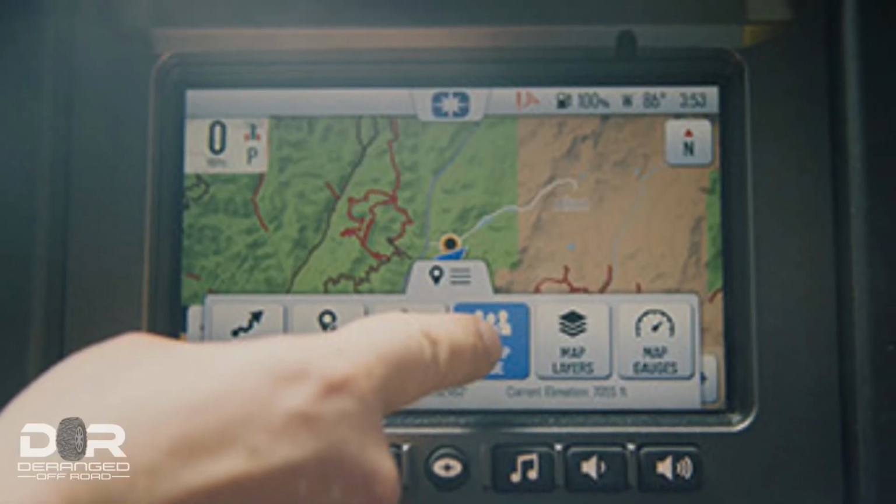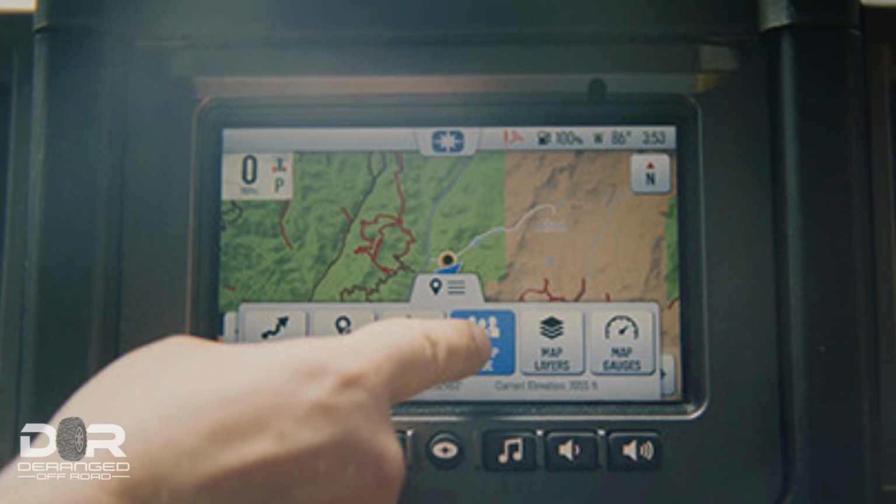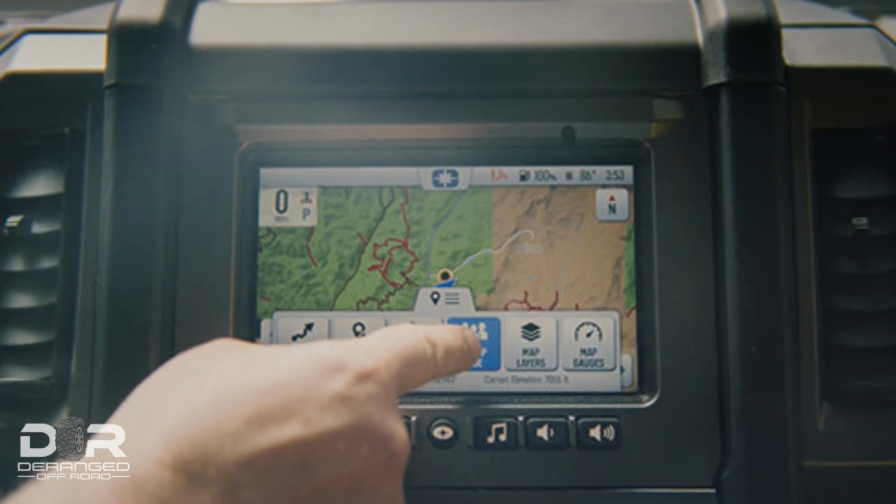So if you want to step up to the ultimate, what does that get you? Well, to start with, you get Ride Command, which I know is a feature that a lot of people love. It allows you to have maps and all kinds of information on the middle of your console. In addition, with all Ultimate and North Star models, you get front and rear cameras as well, so you're able to see front and back when you need to. You're also going to go from a 660 watt stator charging system in the premium models up to a 900